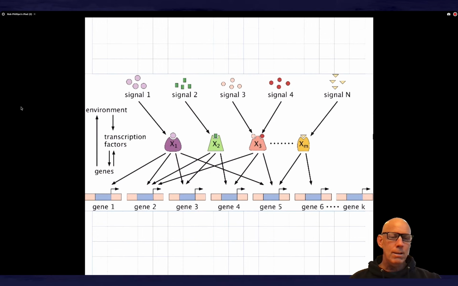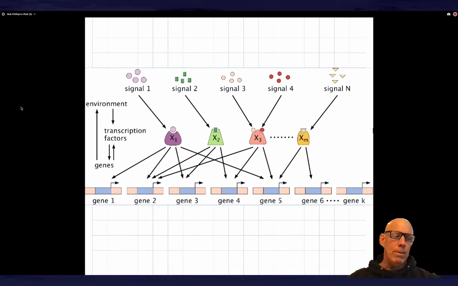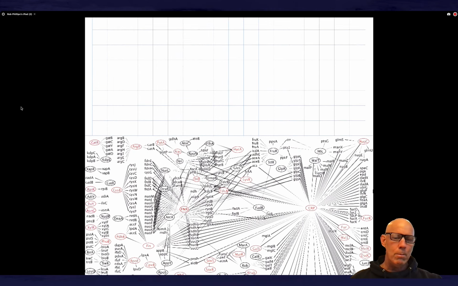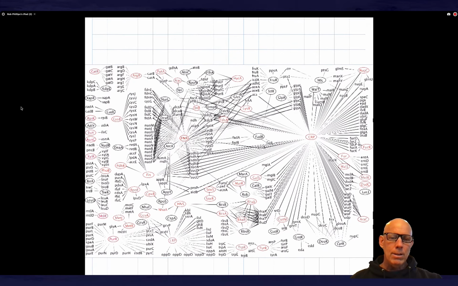So that's what I mean by a gene regulatory network. It's the wiring diagram that tells you how batteries of genes are connected to each other, in the sense that the output of one gene ends up being the input to another. And this is an example from E. coli. And what I want you to see, for example, over on the right-hand side, you can see that CRP